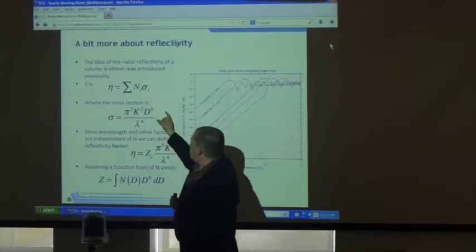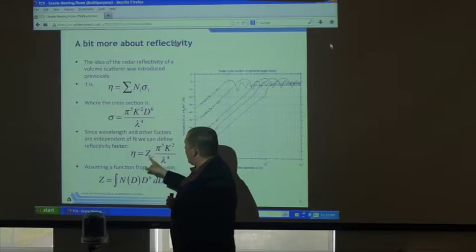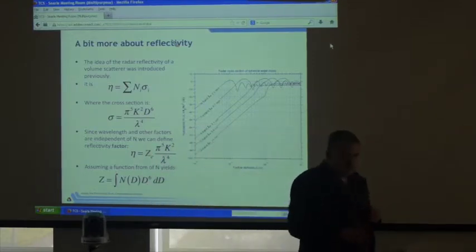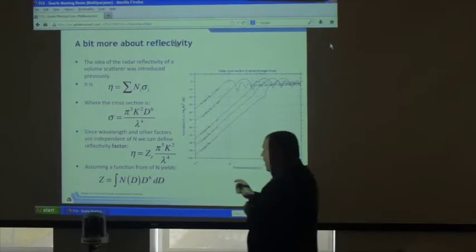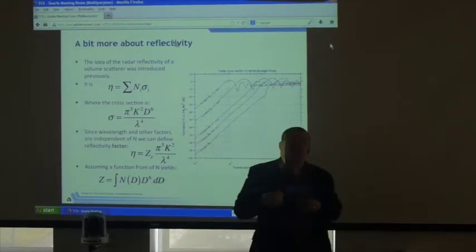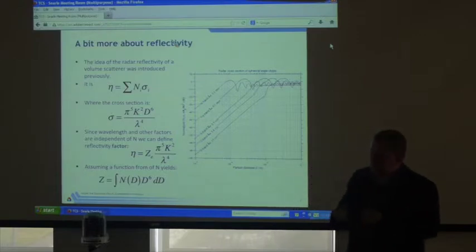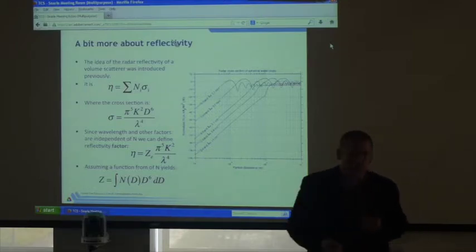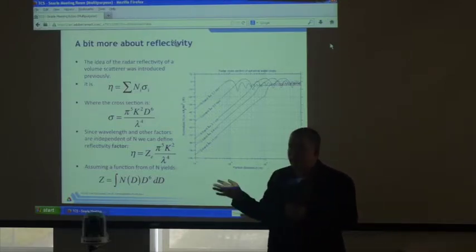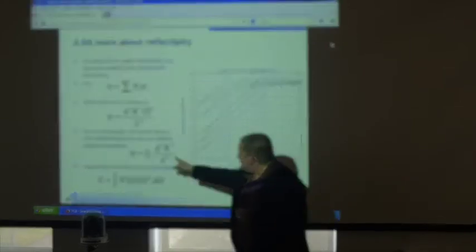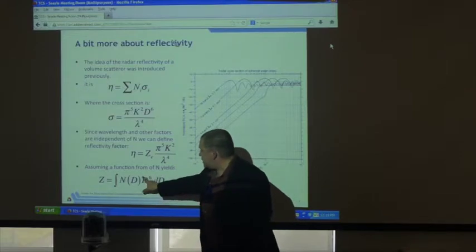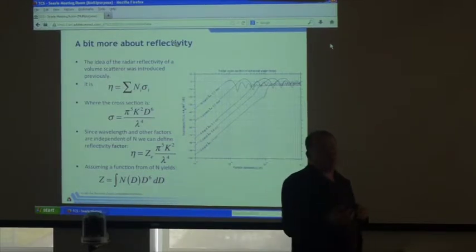But what we do is, using a bunch of constants here, we're able to back out this term here that is called the equivalent reflectivity factor, that is wavelength dependent and roughly comparable across these different frequencies. When you see a map in the news from a radar, or you have the iRadar app on your phone, or you have RadarScope, the thing you're looking at is this quantity here. And its physical relationship is the 6th moment of the drop size distribution.